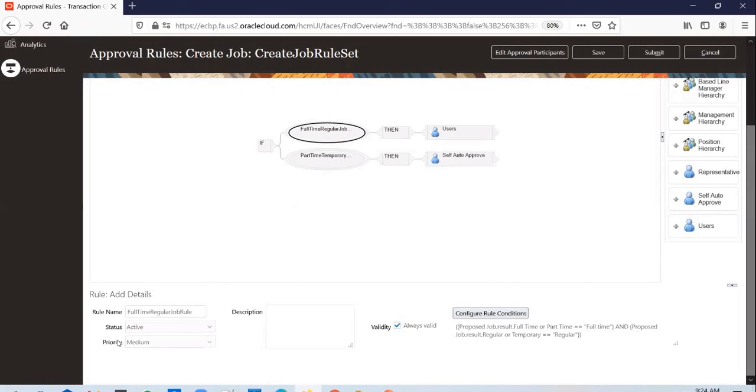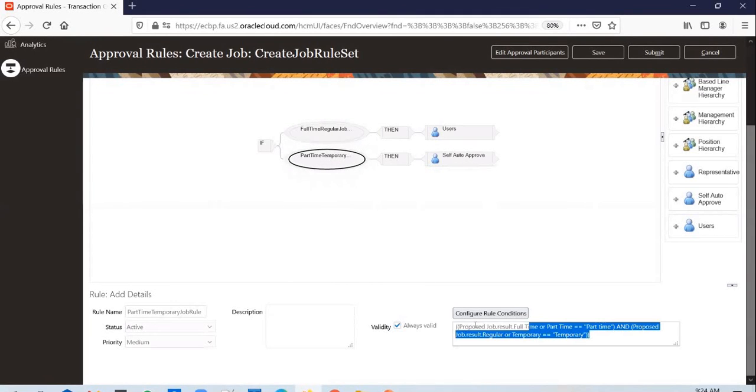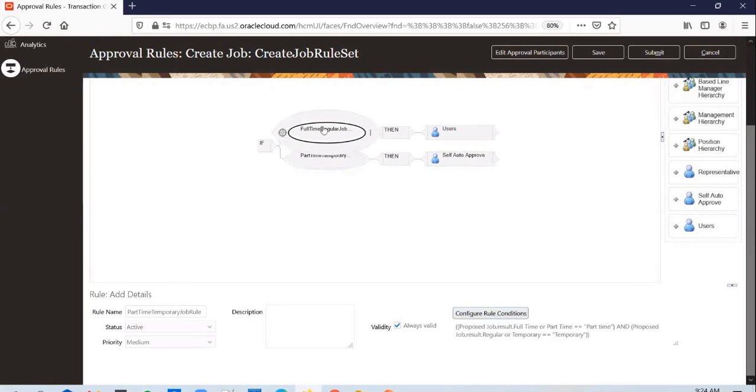But the priority is not working as expected. So you can try it out, but when I tried 3 or 4 times, it didn't work as expected. So instead of writing this whole condition, if you say 1 equal to 1 and assign least priority, and if you assign highest priority to this, the expectation is that first this condition will be evaluated, and if that is not true, only then the rule with the least priority gets executed, right? That was the expectation, but it doesn't work that way.